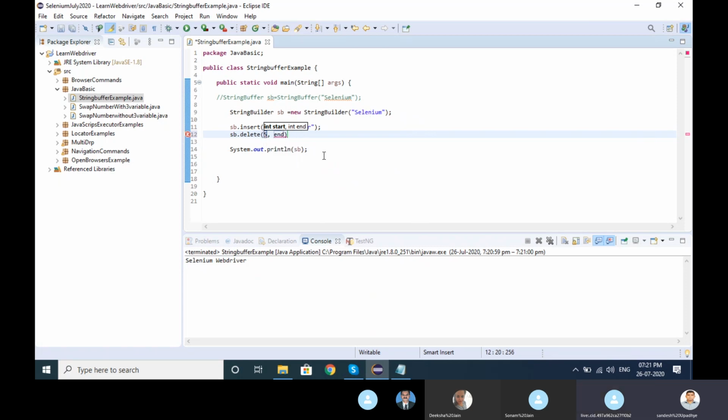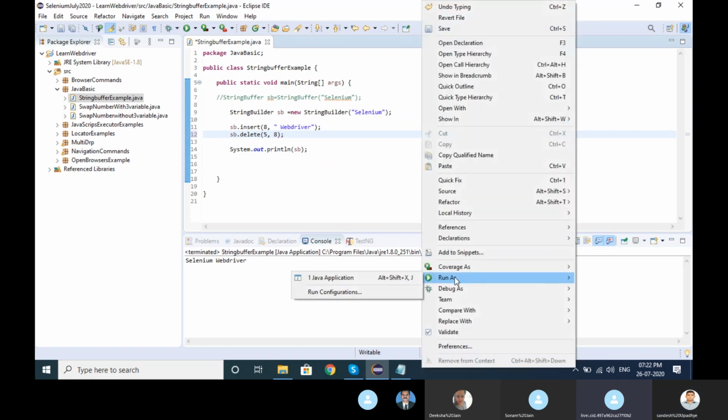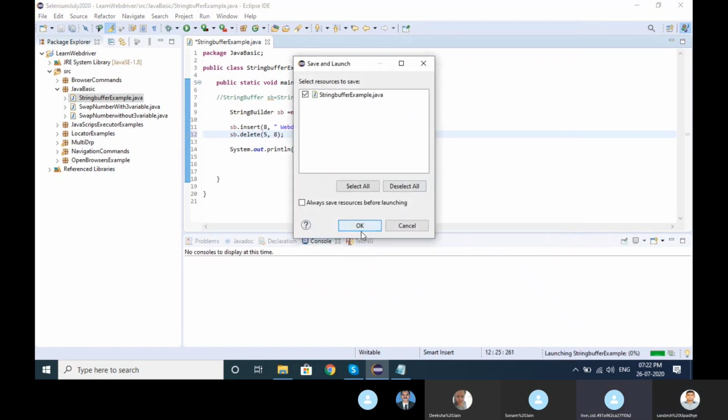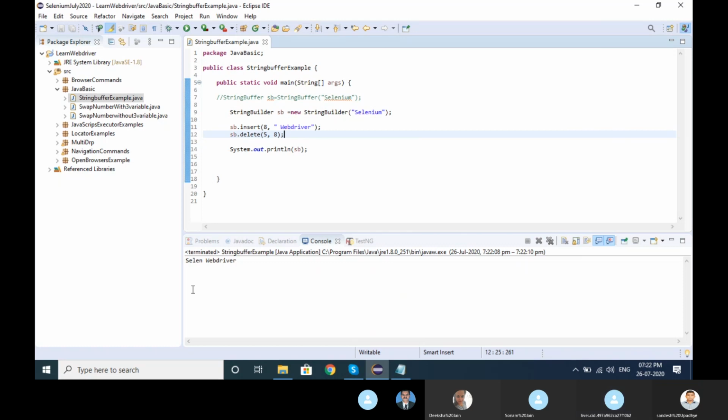It will start from 5 and it will end up to the end. If I provide these two things, look here, 1, 2, 3, 4, 5. After 5, it's removed everything, right?